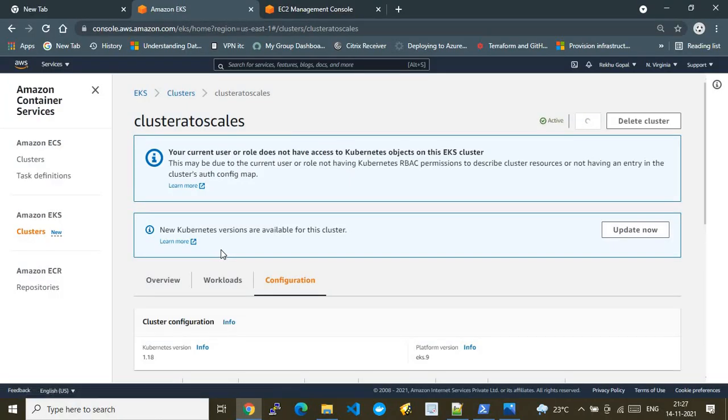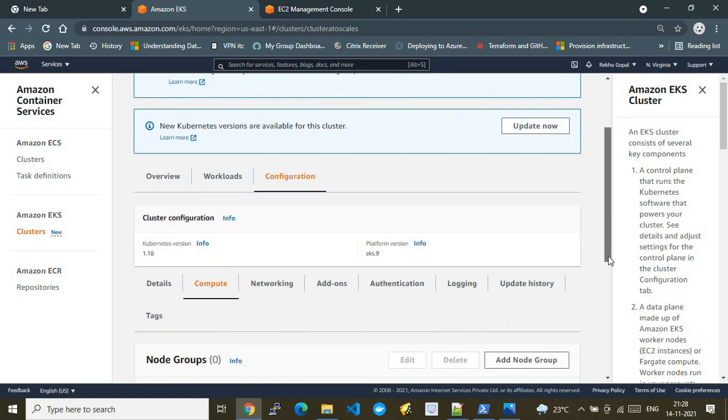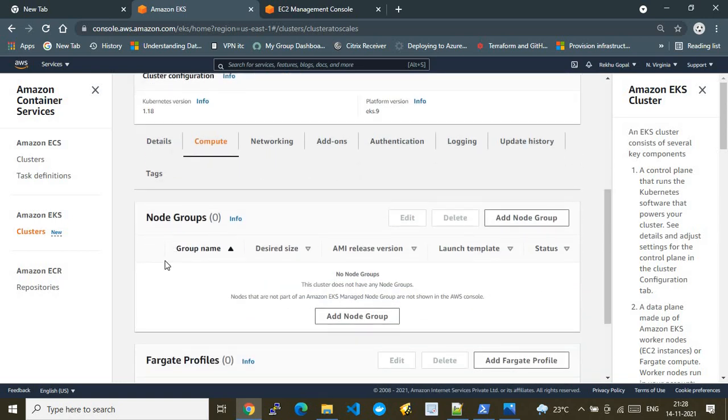It contains only 2 nodes at rest, and it has the default node group. The default node group is not recommended for hosting your production applications. Since I am demoing the cluster autoscaler, I target configuring it on a separate node group. Make a note that to configure the cluster autoscaler, you have to have an independent, separate node group. So I have to create a node group now. As you see, this EKS cluster currently has only the default node group, and there is no user-created managed node group.